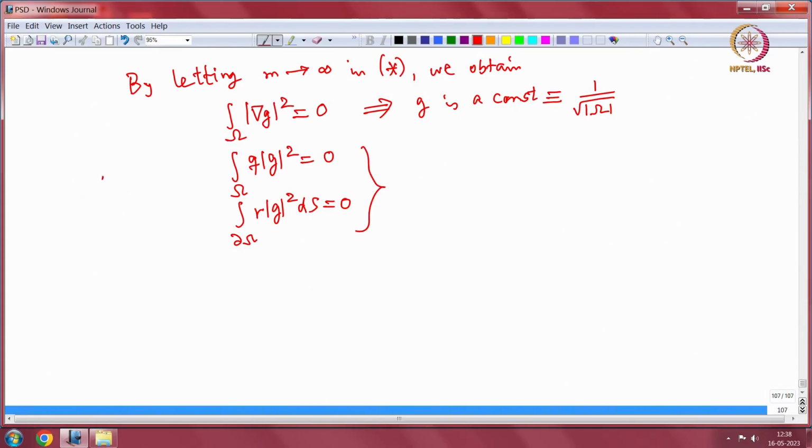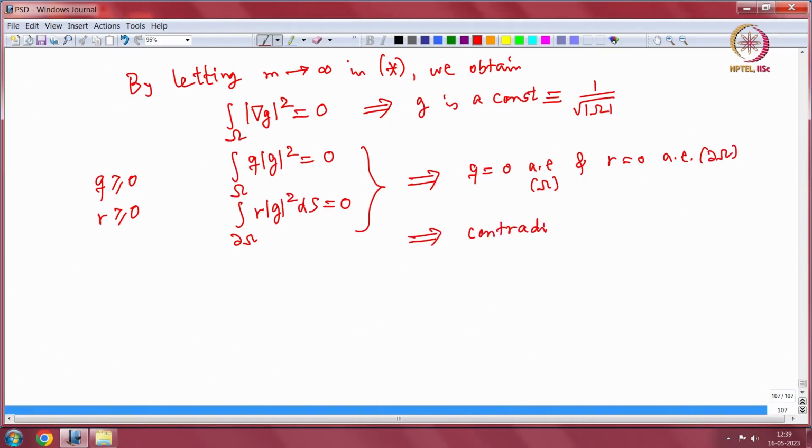Q is non-negative, and R is also non-negative, and G is a constant here. So that means the integral of Q over omega is 0 and the integral of R over del omega is 0, and since they are non-negative, we obtain Q is 0 almost everywhere and R is also 0 almost everywhere. This is on del omega and this is on omega, and that leads to a contradiction,